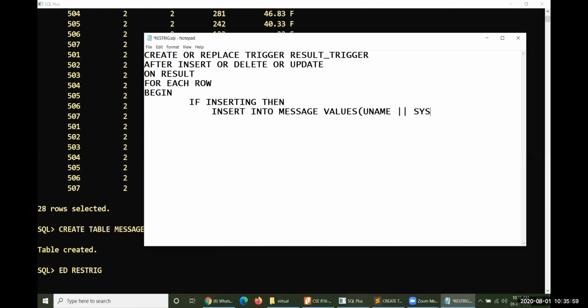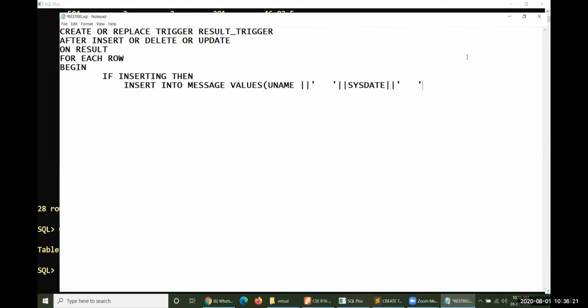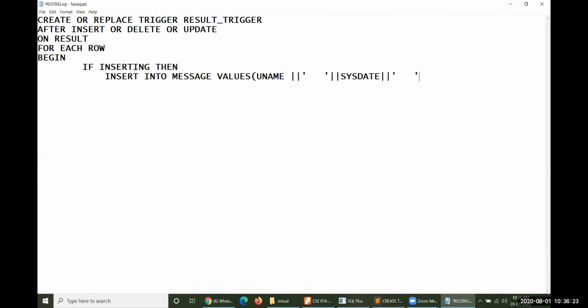Then, when it was done, that is SYSDATE. Let me take some space, one or two spaces, then followed by appended SYSDATE, the date on which he operated. What kind of operation was performed? What is the specific operation name? That operation name is inserting. The insert operation has been performed by this user on this particular date.